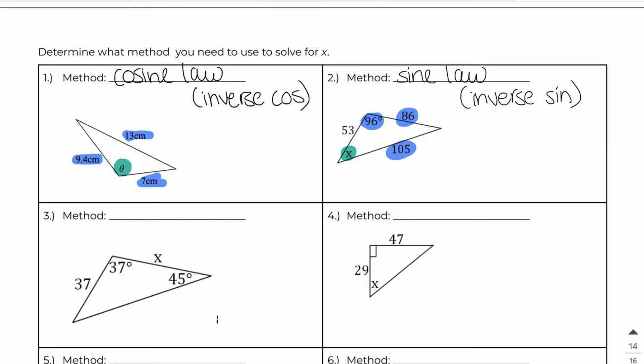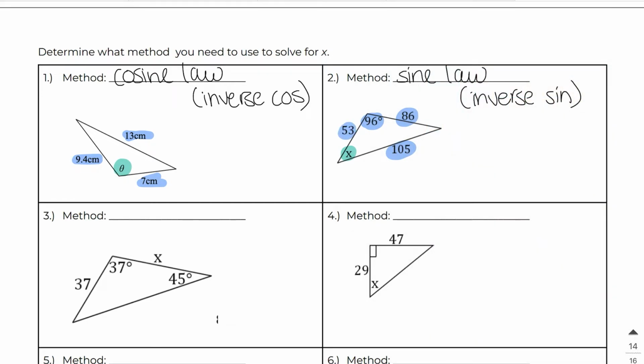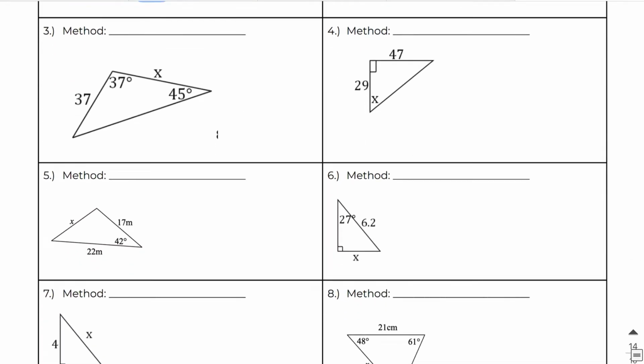However, if you notice, we actually have 3 different sides. So this could actually be just like this question right here, and we could use cosine law. At that point in time, it just comes down to your personal preference. So I want you to write yourselves a note that we can also use cosine law for this one. Okay? In number 3, I am given